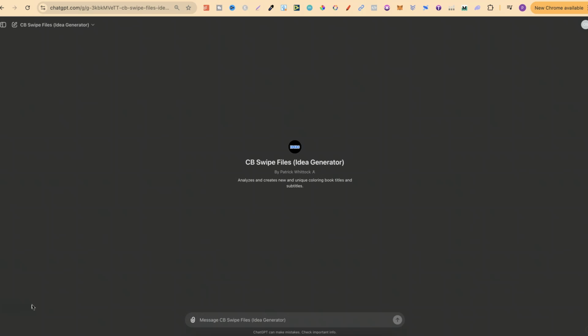If you create colouring books for KDP but struggle coming up with new, fresh and unique ideas, then stick around because I want to introduce you to my Idea Generator GPT. Now this analyses and creates new and unique colouring book titles and subtitles, and this is what I use for